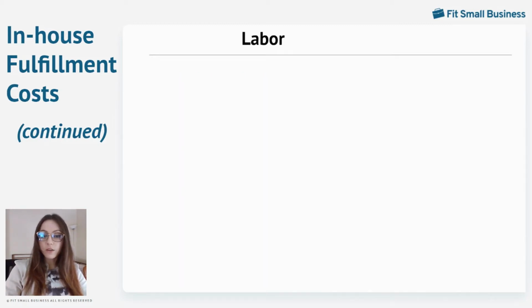The second cost center is labor. Aside from money, your biggest investment in starting a business is your time. So, to accurately compare fulfillment methods, you'll need to gauge how much of that time will go towards fulfillment efforts if you were to handle the tasks in house. Start by assessing the amount of time that fulfillment will require on a weekly basis, but make sure that you're